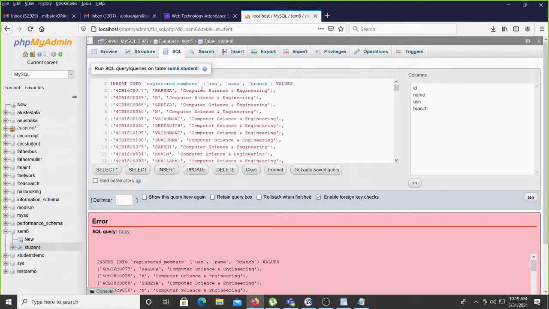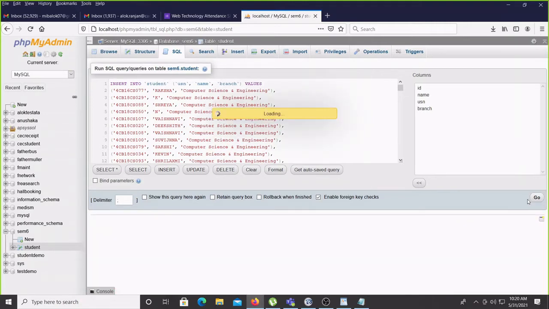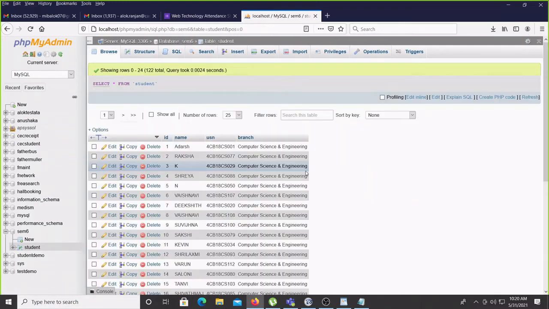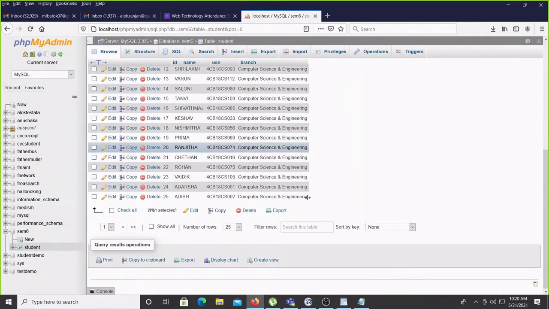Table name, I again have to change. Table name is student. Yes, inserted. So in total you see here 122 values I have now. So this information I will display in the page.